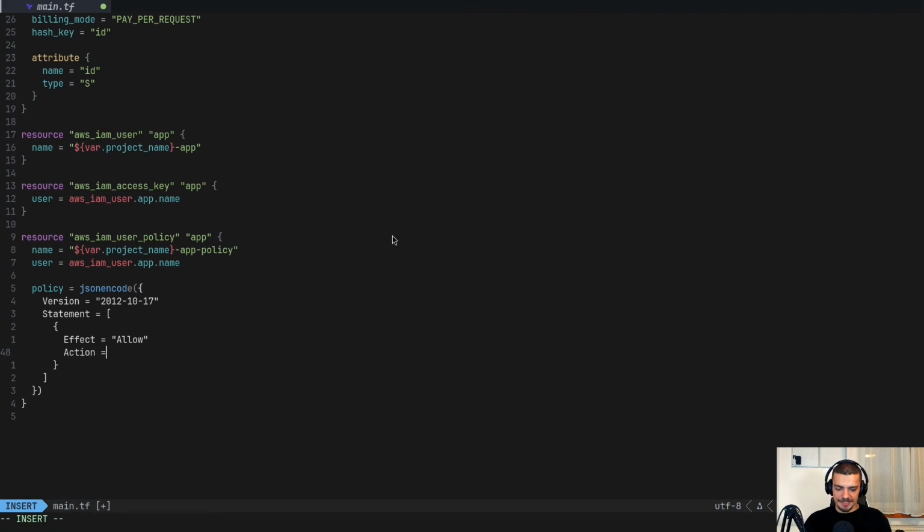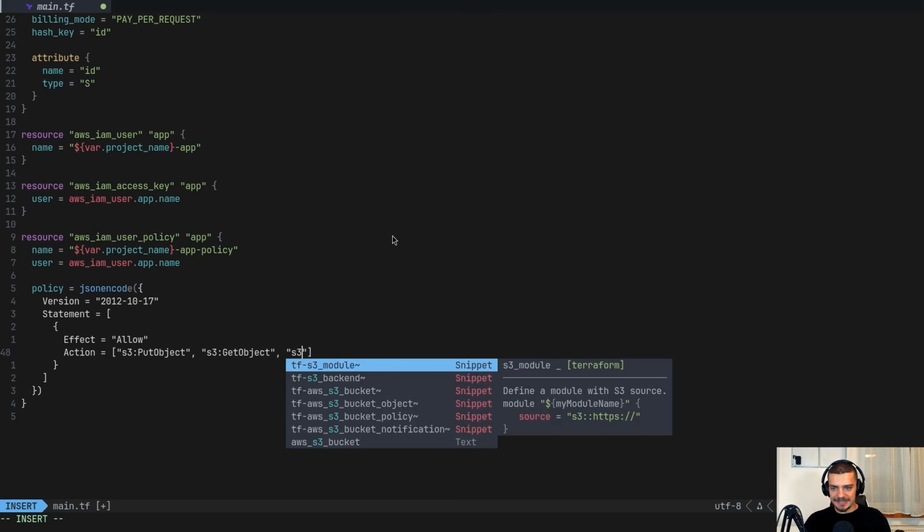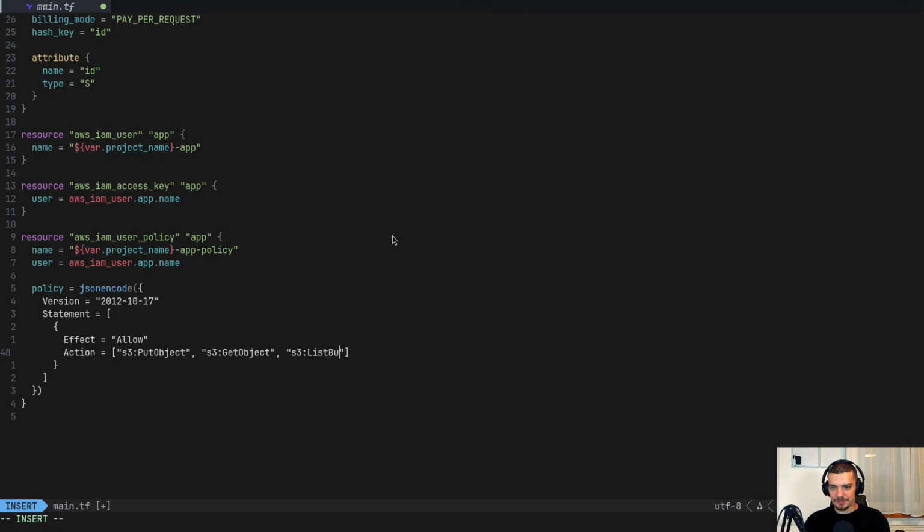And the action is going to be a list of the permissions that we want to give here. These permissions are called S3 put object. They're called S3 get object, which I think is self-explanatory, and also list bucket, which I think is also self-explanatory, shows you what's in the bucket.